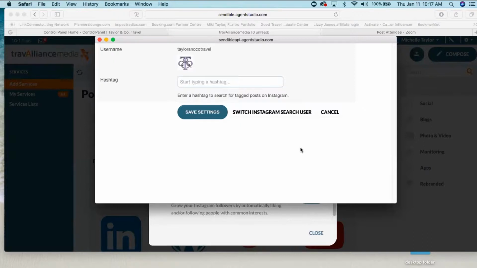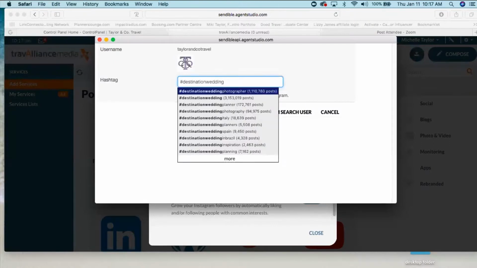So the first thing that we'll do, I'll walk you through this one, and it's to follow hashtags. And what that means is, we're in the travel industry, so let's hashtag destination wedding. Now, as I type that, you'll see there's this huge list of hashtags that contain destination wedding.